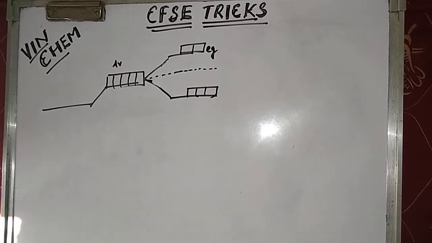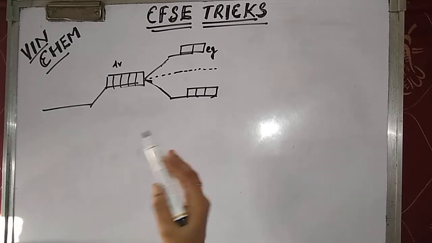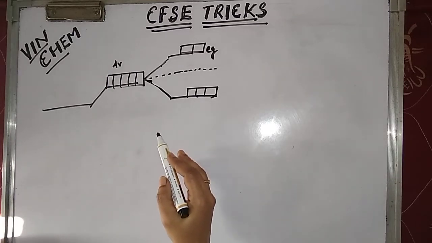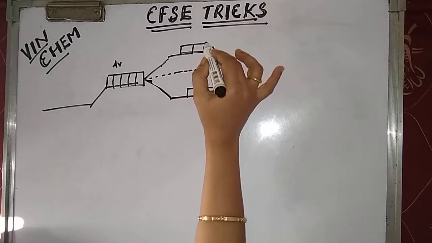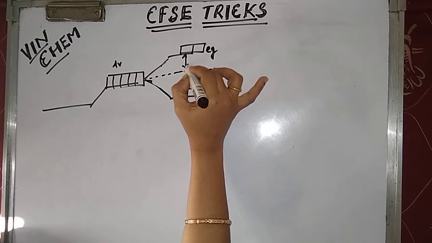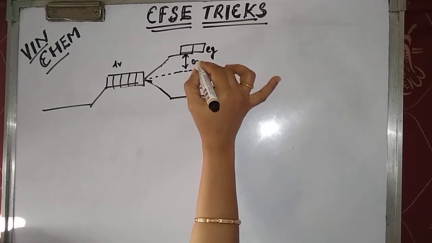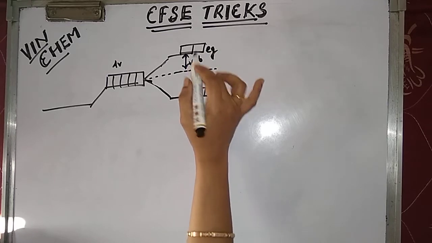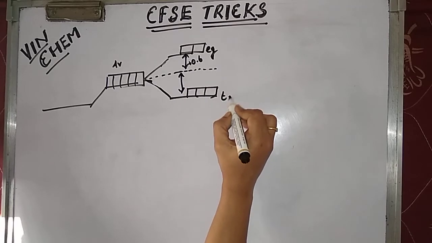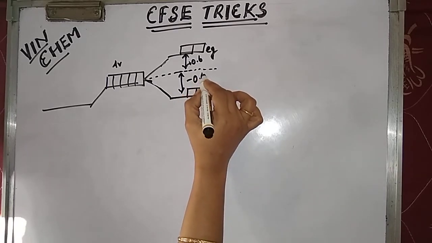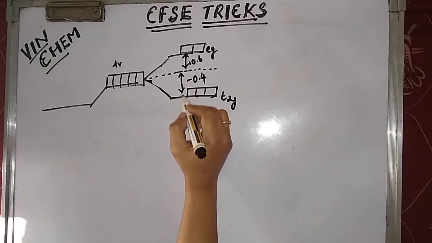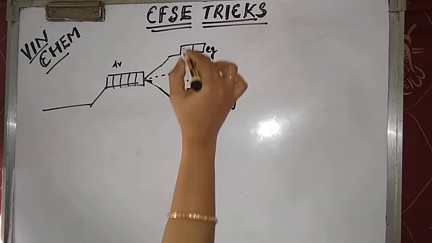Always, between the metal and the ligand there will be a repulsion if they are closer to each other. The d orbitals of the metal ion in the Eg state have higher energy, with more repulsion, and that is plus 0.6. The lower T2g orbitals have minus 0.4. It's a very low repulsion compared to this. Here a high repulsion will be there.